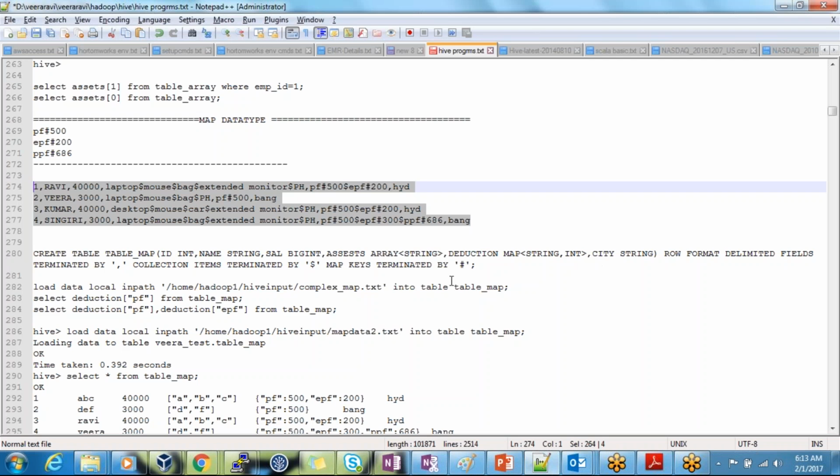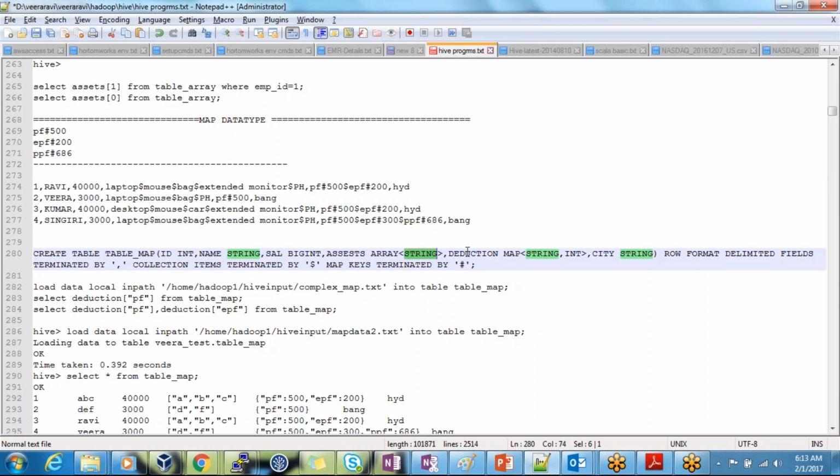Now the same here also. The table is row formatted, delimited, everything is the same. You need to specify array like this, and deductions. I have something called deductions here. That is a map type, and map has a key and value. So you need to specify what your key type is, what your value type is, and any other columns, city and all those things. Row format delimited, fields terminated by comma, and collection items terminated by dollar. What are the collection items here? If you look at guys here,